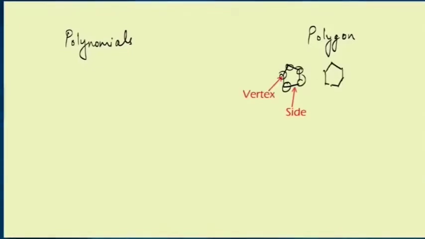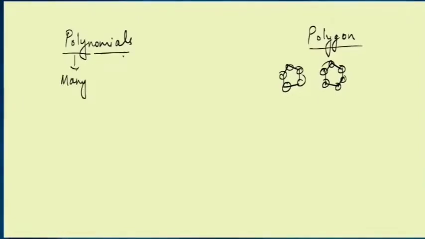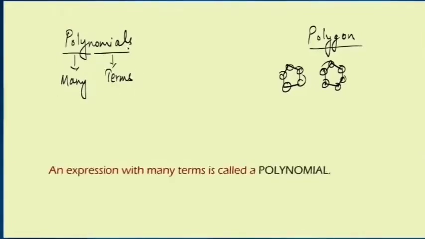Okay, so we are going to start this chapter, Polynomials. First we will discuss a term, polygon. We know a polygon means this is a pentagon having 5 sides and this is a hexagon having 6 sides. So these figures, these objects, are polygons. Poly means many. In a pentagon 5 sides are there and in a hexagon 6 sides are there. So the meaning of poly is many, and nomial means terms.